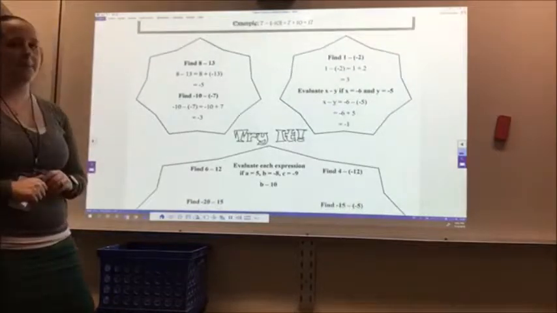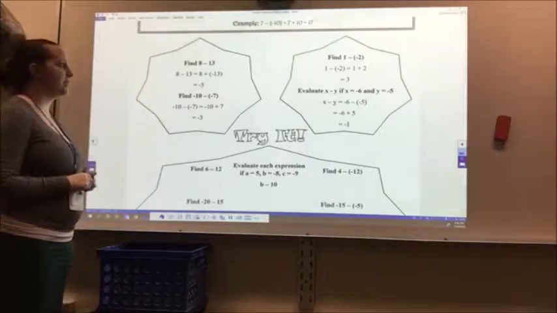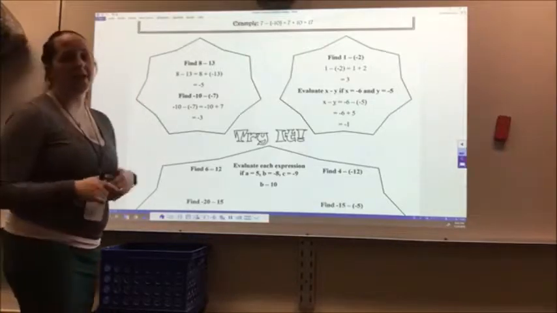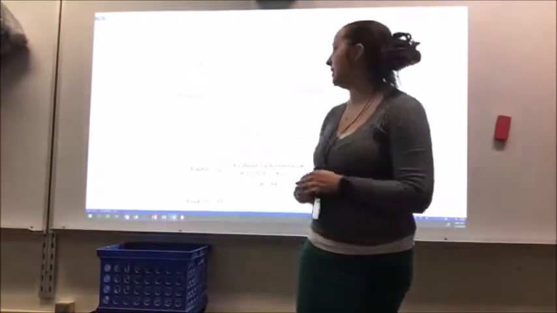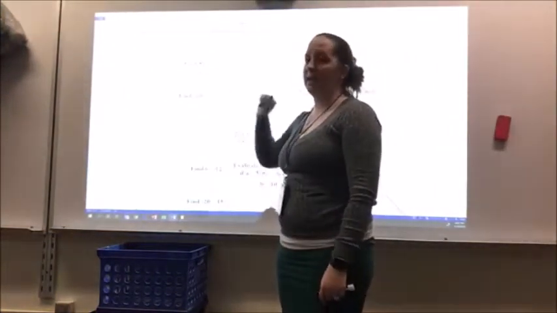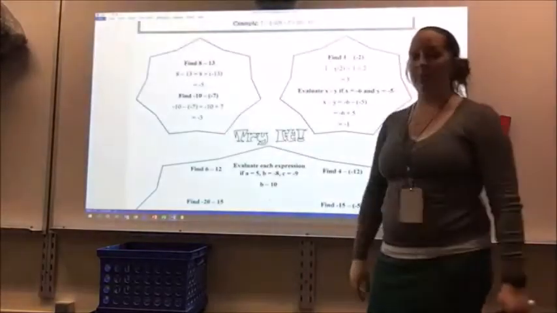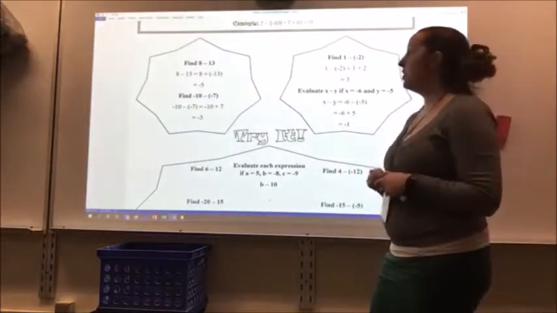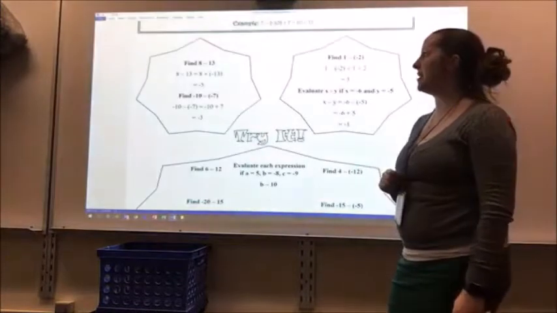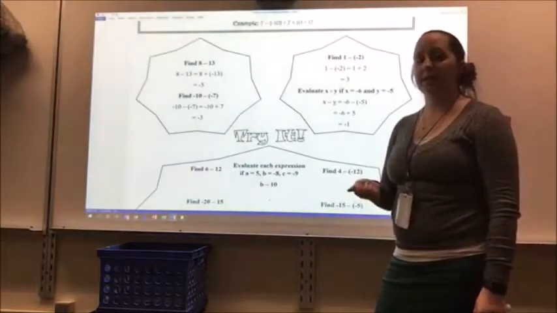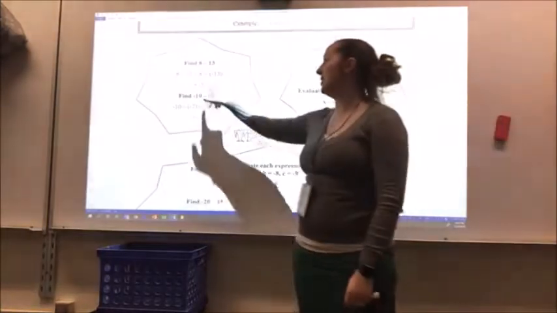Alright, so let's look at a couple of examples. The first example I have says find 8 minus 13. Well, I can rewrite 8 minus 13 as 8 plus negative 13, because it's the additive inverse of it. 8 and negative 13 is something we've seen before. We saw it last lesson. So these are enemies. I subtract them. 13 minus 8 is 5. 13's bigger. 13's negative. 13 wins. So my answer is negative